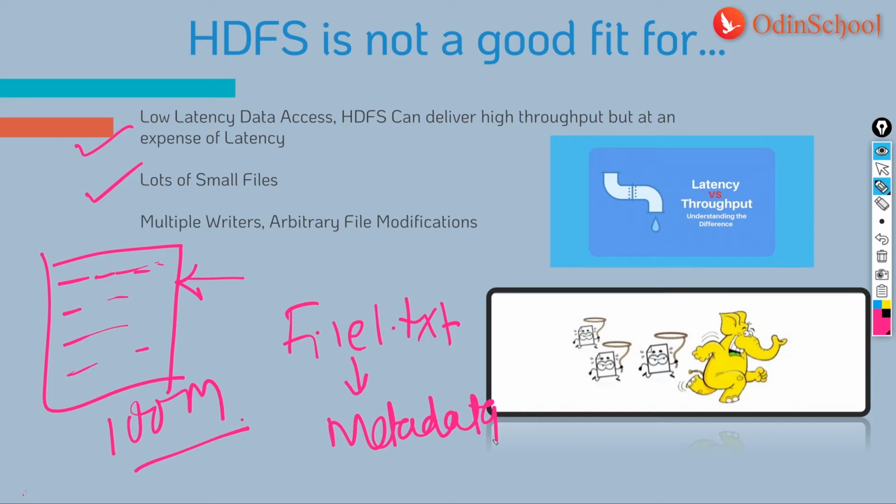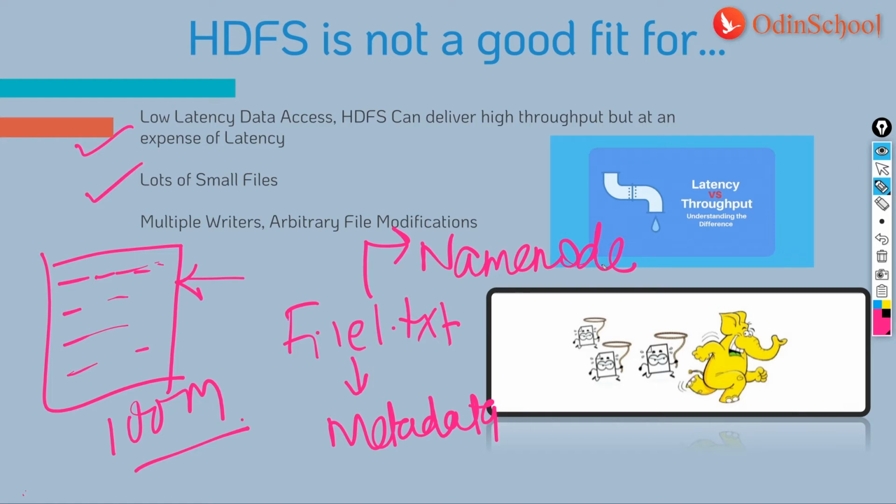So all these details are actually stored in the name node's main memory, which is RAM. Name node is a machine or a daemon of HDFS, which we will study in subsequent slides. But that name node is a kind of master machine, or master, in this particular HDFS architecture. And if the name node's RAM is getting full, then that would be a problem for the entire cluster, for the